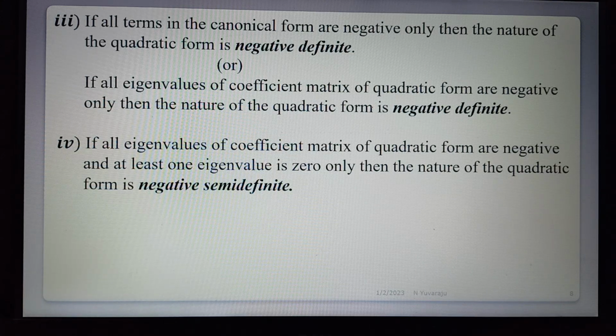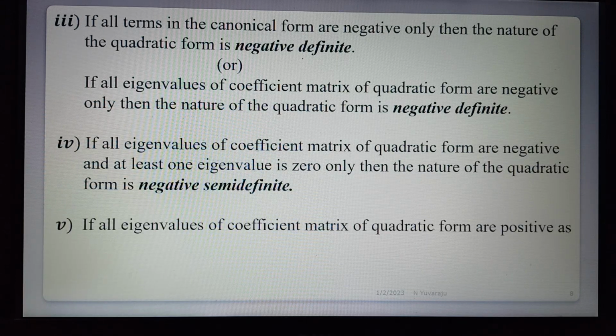There may be more than one zero, but at least one 0 and all negative, then the nature of the quadratic form is negative semi-definite. In other words, in the canonical form, all terms are negative and at least one term is 0, then the nature is negative semi-definite. Okay, now this is the fourth one. Next, fifth one,